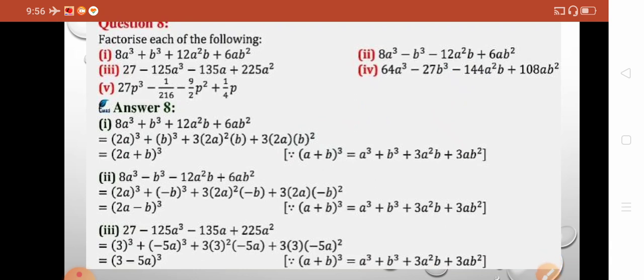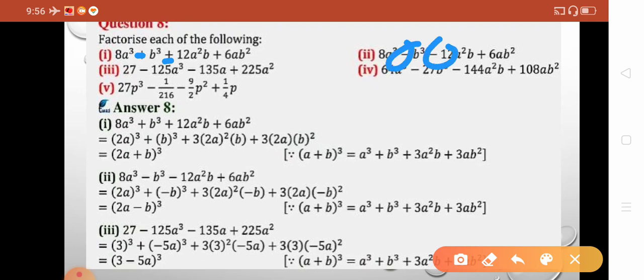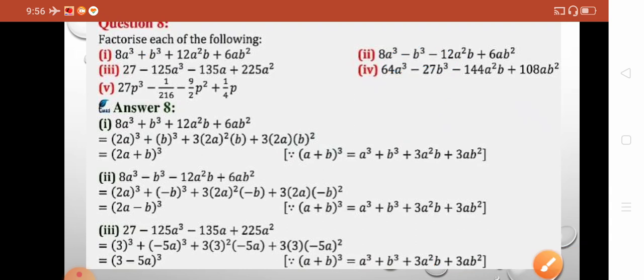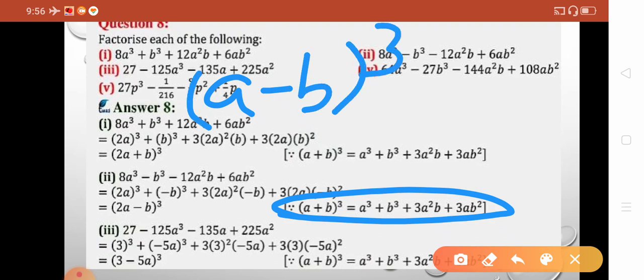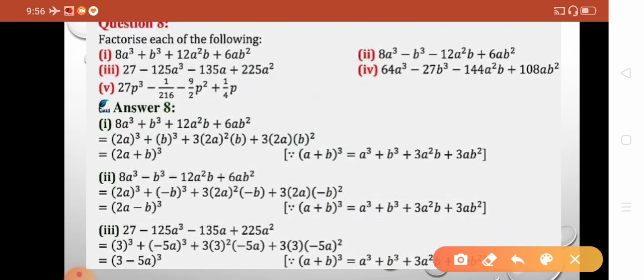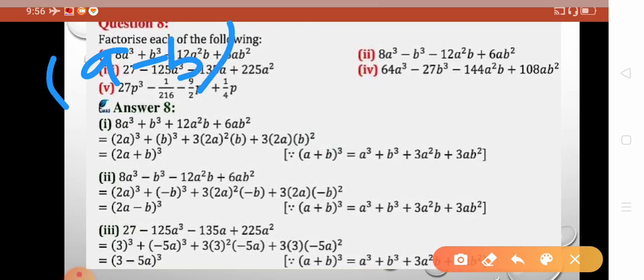8a cube minus b cube minus 12a square b plus 6ab square. As you can see, the statement is somewhat similar. Only one difference is there. Here it is plus, but here it is minus. That means now our b value is of negative sign. That means you can directly use the formula a minus b whole cube. How will it form? A minus b whole cube is equal to